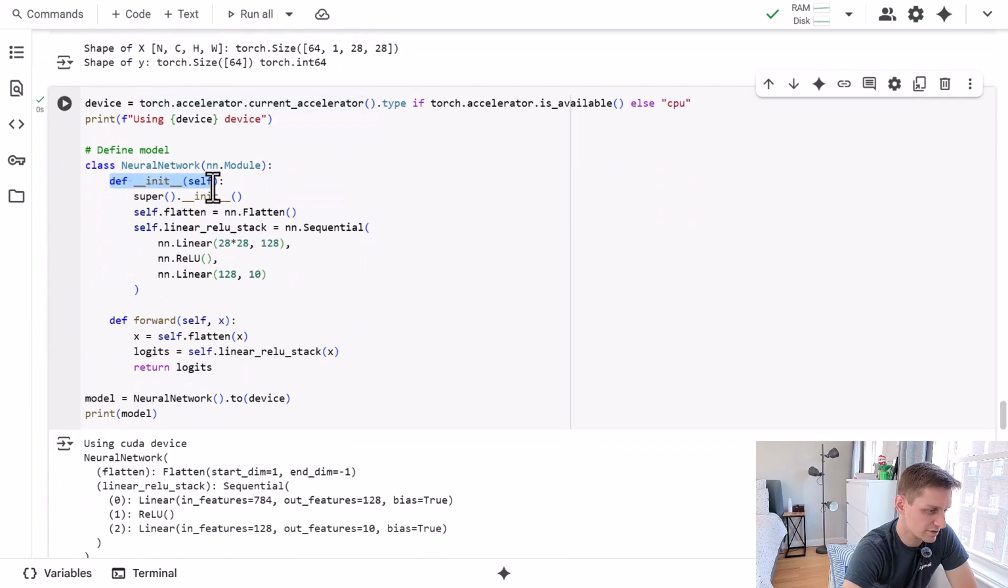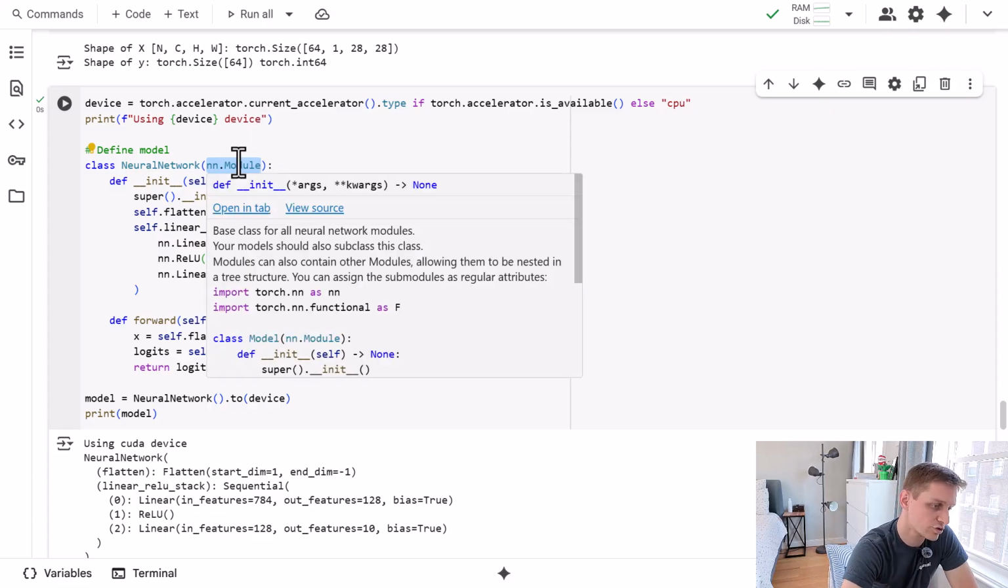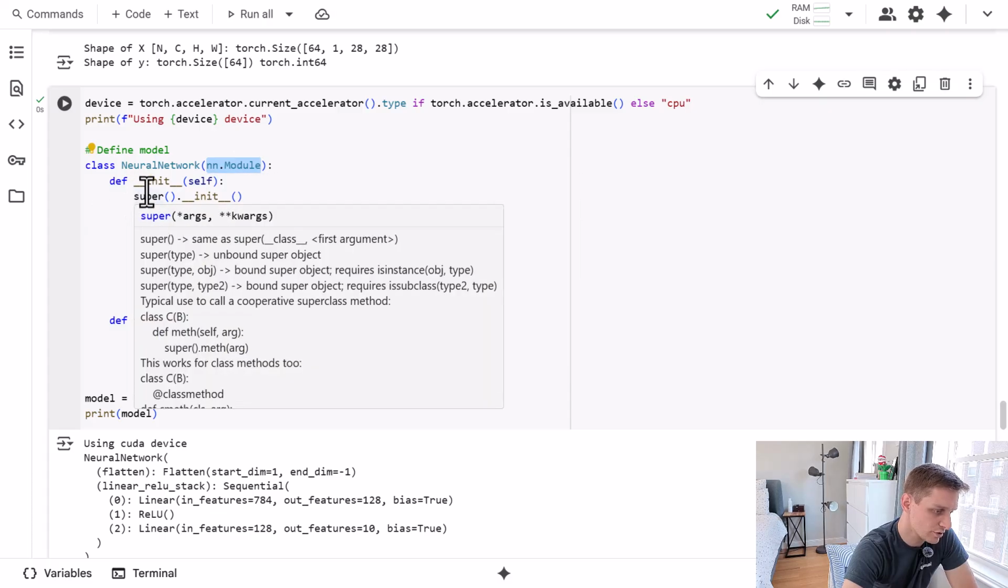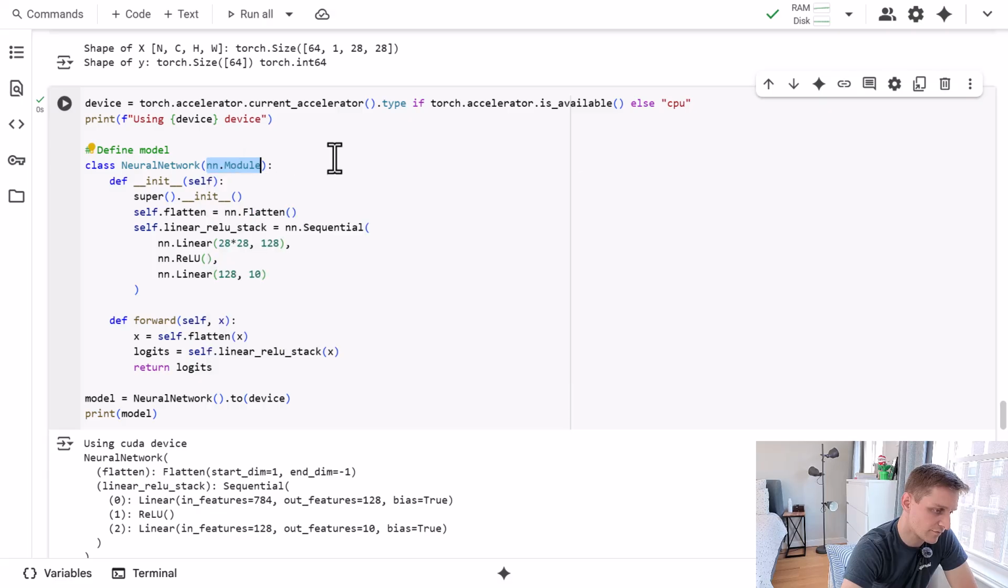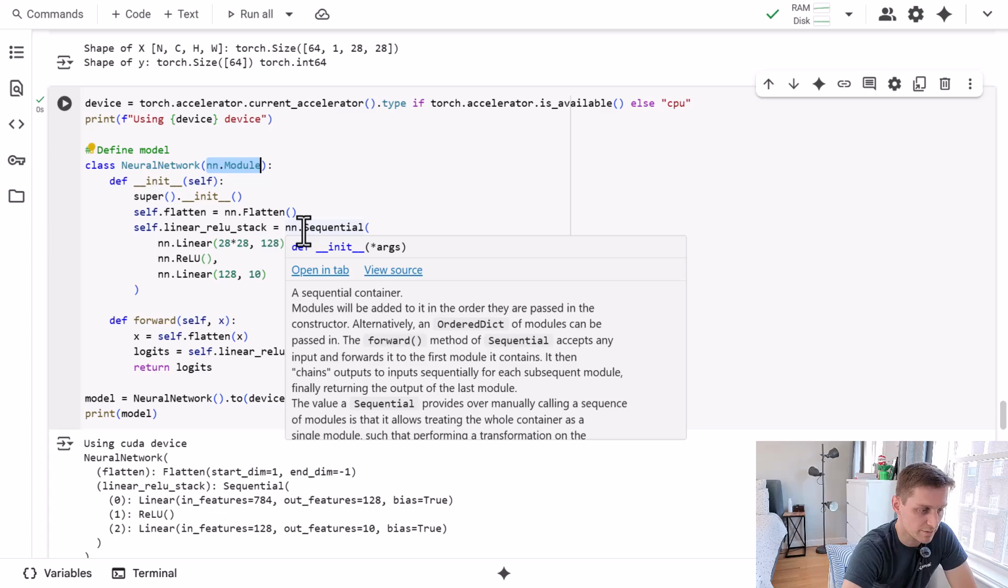So here you start with this init function, which is going to be initializing the neural network by inheriting this class, nn.Module, which is the way you create any neural network in PyTorch. You just subclass this and you use this super function in order to inherit all of the methods from this class. And then you start defining the flattened layer, the linear ReLU stack, which is going to be an nn.Sequential,